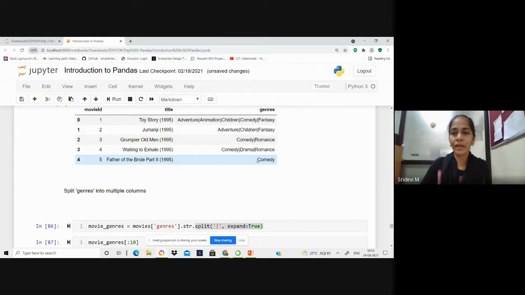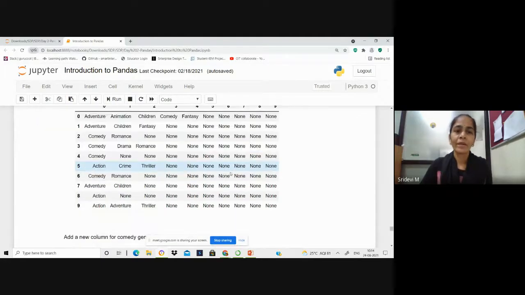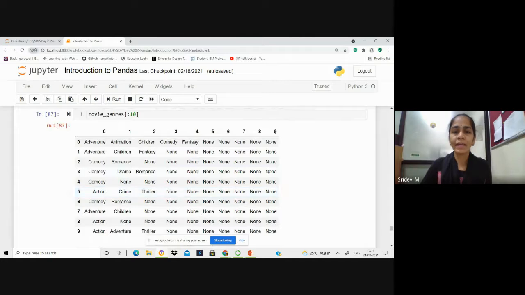Though some movies have only a single genre, some have three genres, some have two genres, at most it has used 10 columns to embed these partition genres, because some of the movies have been given at most 9 genres for that movie's categorization. That is why we are getting 9 columns here.